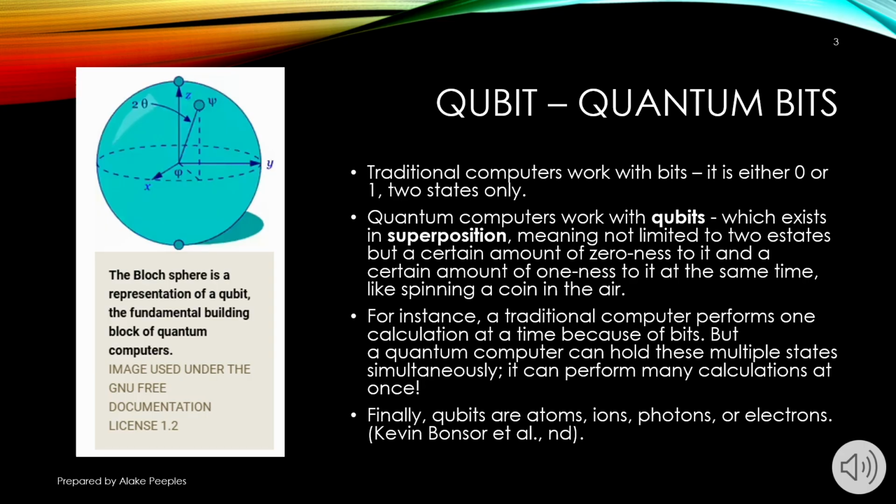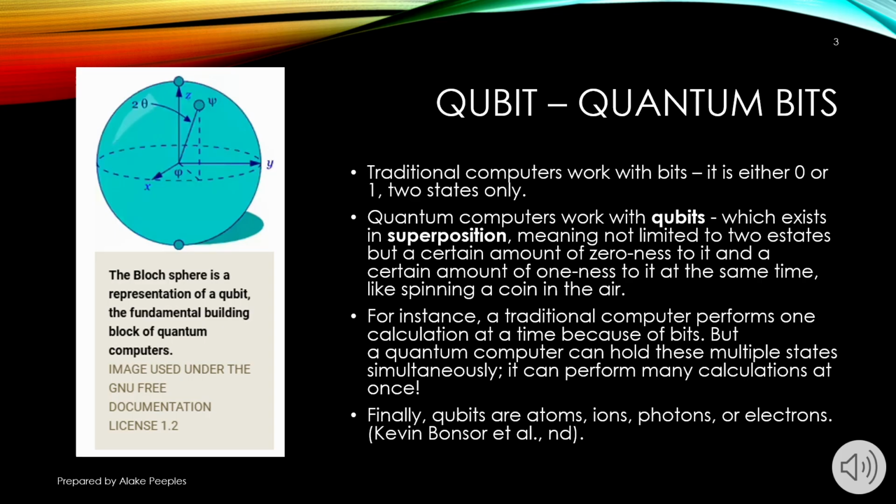Qubit, quantum bits. Traditionally, computers work with bits. It's either 0 or 1, two states only. Quantum computers, on the other hand, work with qubits, which exist in superposition, which is a state of being in two states at the same time. It's a little bit of 0, a little bit of 1, just like spinning a coin in the